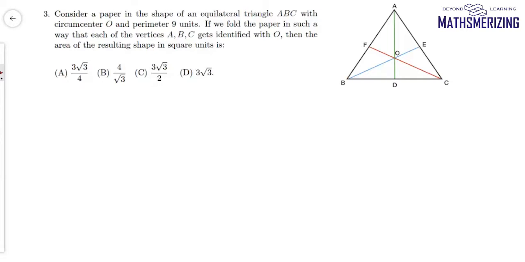Now question number 3 says, consider a paper in the shape of an equilateral triangle ABC with circumcenter O and perimeter 9 units. That means the length of the side is simply 3 units. If we fold the paper in such a way that each of the vertices A, B and C gets identified with O, then find the area of the resulting shape in square units. So if we fold this,